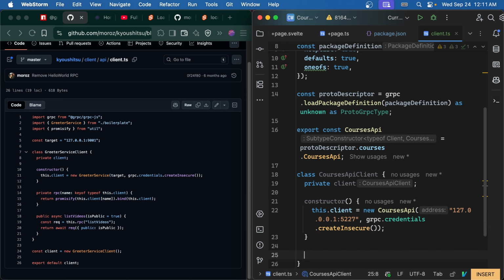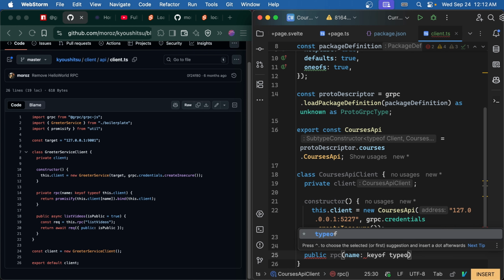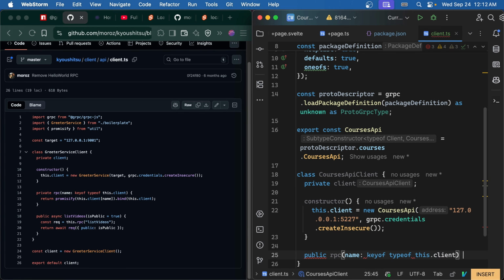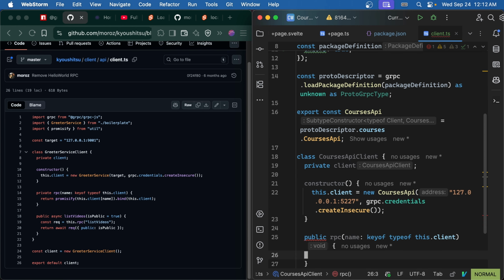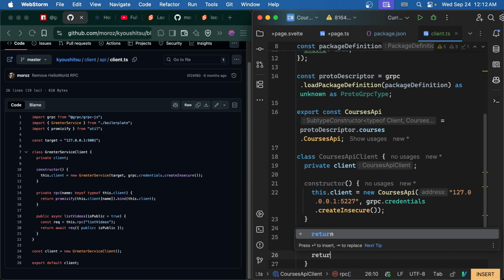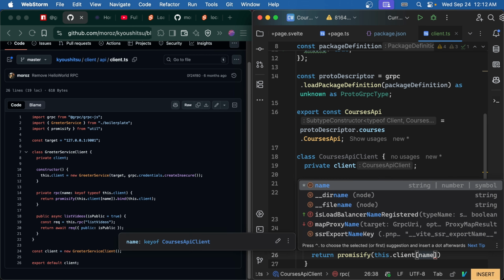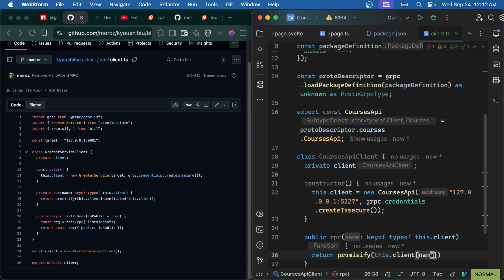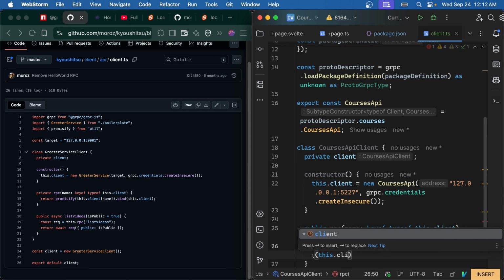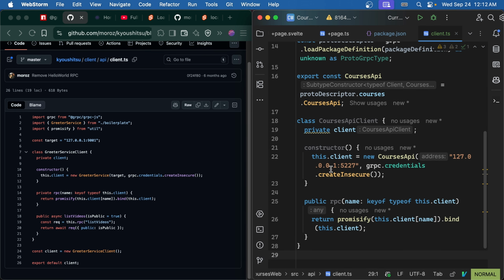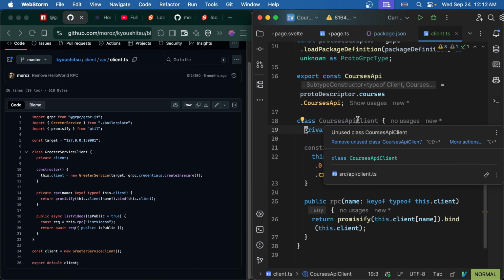public RPC, and then it's going to be name, which is key of type of this client. Okay, and it's going to return promisify this client name bind this client. Okay, and the field can be read only, make field read only. Okay, so we have this